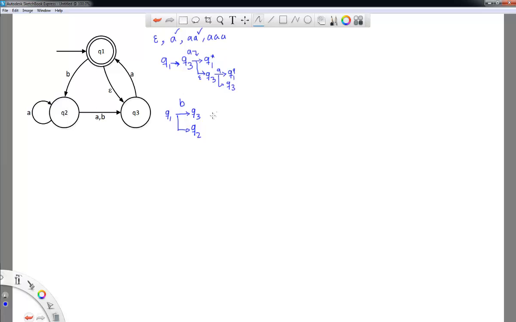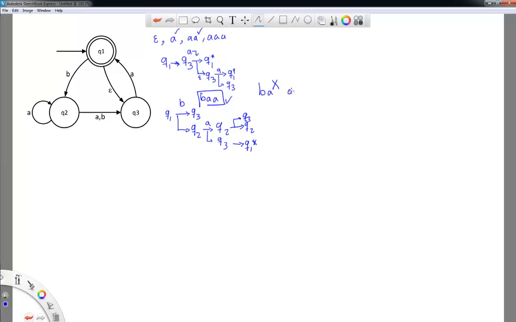In Q sub 2, if your machine sees an A, then it either stays in Q sub 2 or transitions into Q sub 3. So obviously my machine still does not accept BA. But if you add another A, then Q sub 3 will end up in Q sub 1, which is an accept state. And then Q sub 2 over the second A will have a choice of staying in Q sub 2 or branching again into Q sub 3. So this machine will accept BAA, but it doesn't accept BA